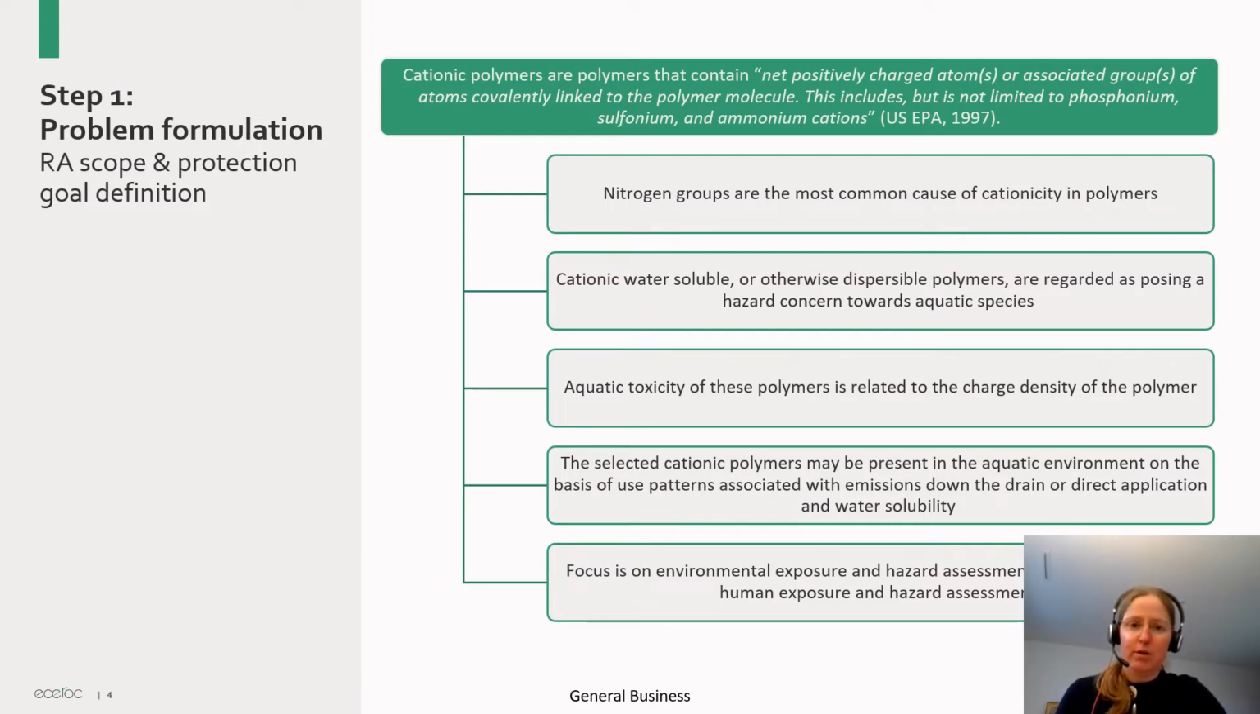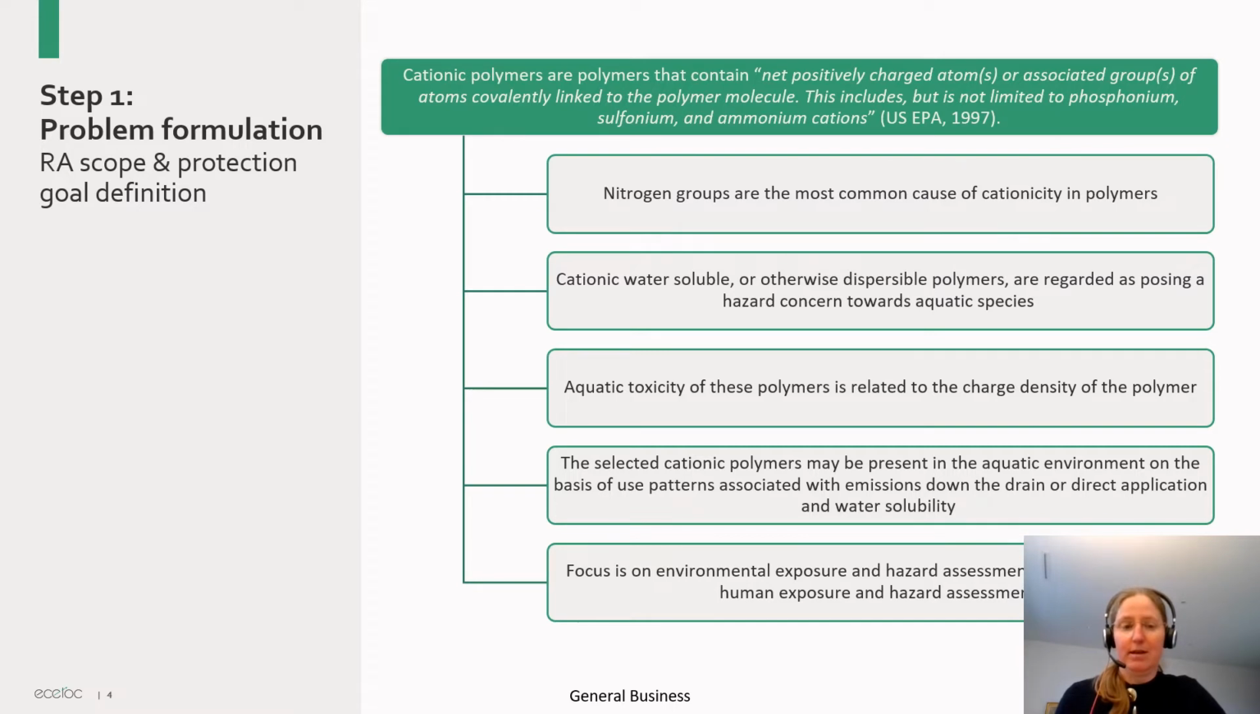Cationic polymers are a broad class of polymers with different types of backbones and a net positive charge. The charge includes phosphonium, sulfonium, and ammonium cations. However, nitrogen groups are the most common cause of cationicity in polymers. Many cationic polymers are also water-soluble or otherwise water-dispersible and are regarded as posing a hazard concern towards aquatic species. Available data show that aquatic toxicity is related to the charge density of the polymer. In fact, QSARs developed by the US EPA several decades ago point to the charge density as a driver for